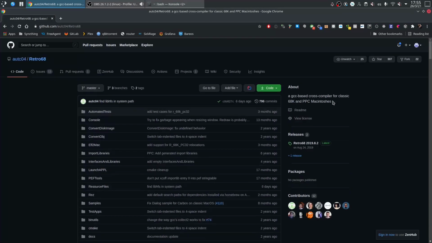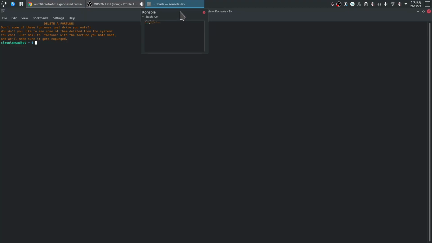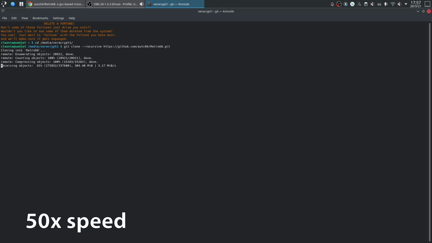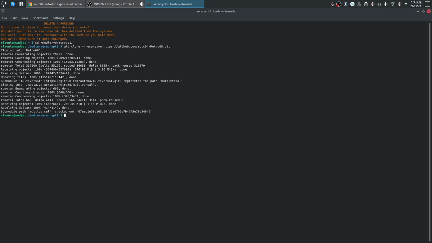The first thing to do is to clone the repository in a workspace, a place we can work with it. So I'm just going to my drive here, and it's very important that we do a recursive clone because it has several subprojects. Once cloning has finished, you should choose a place to store the compiler result of Retro68, the compile toolchain. In my case, I'm going to choose /opt because it's the designated place where things that are installed outside of the distribution package manager usually go.